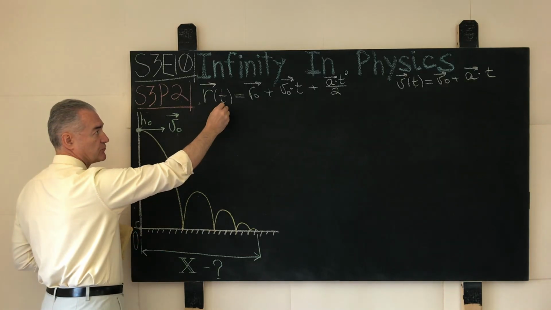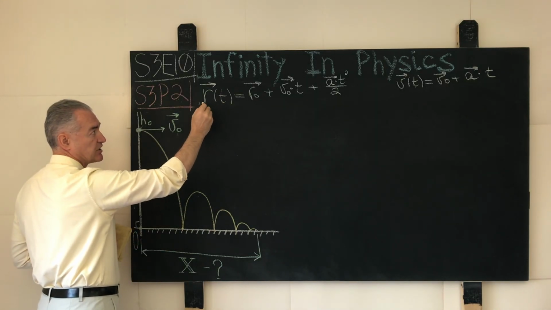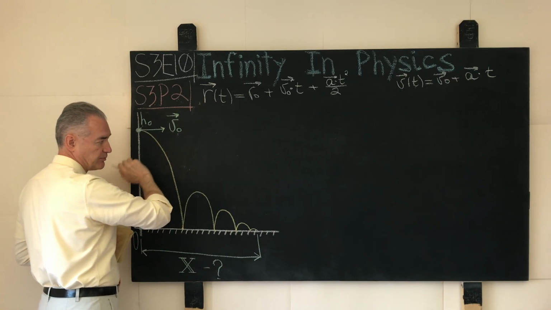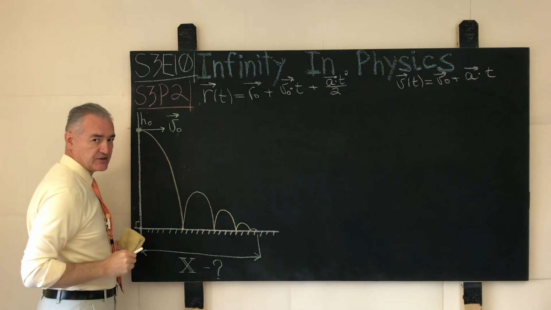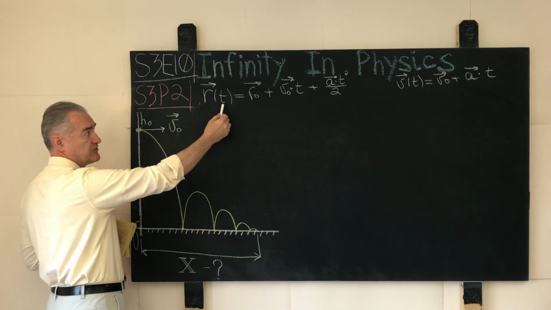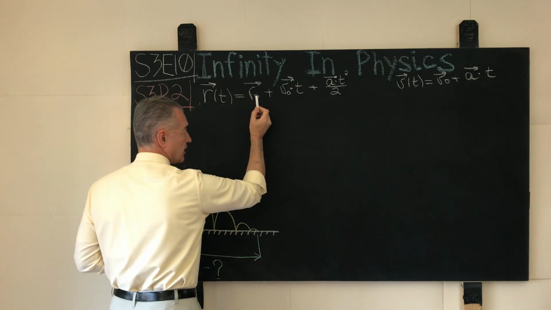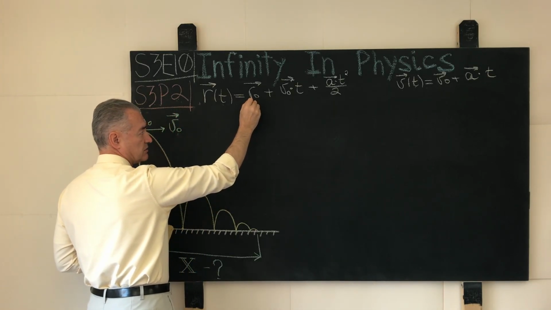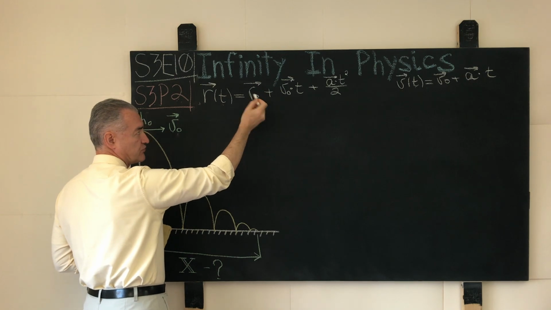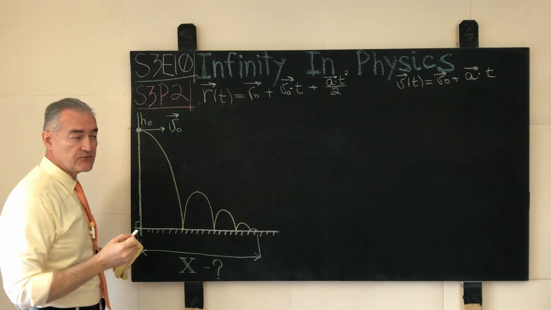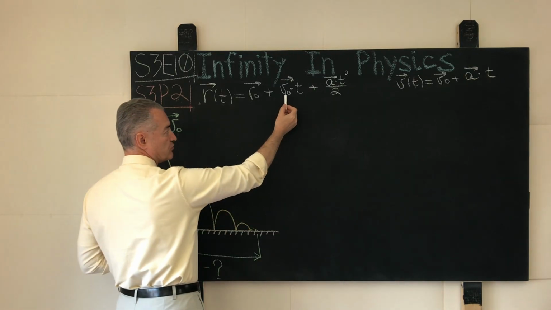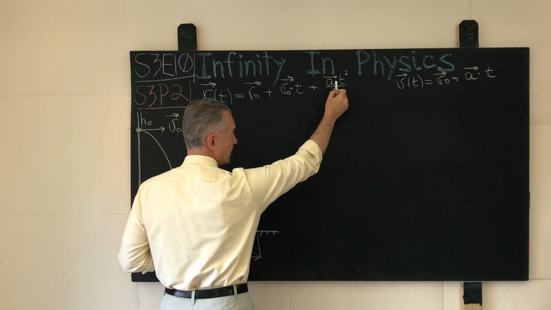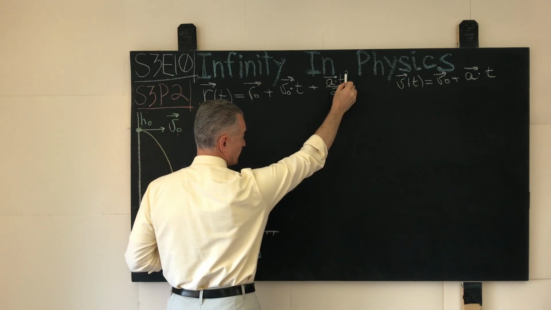Well, it comes from this formula that describes how the radius vector of the material point behaves as a function of time, which here we show: the arbitrarily chosen initial vector from a certain reference point, then the product of the initial velocity and time, and the constant acceleration times time squared